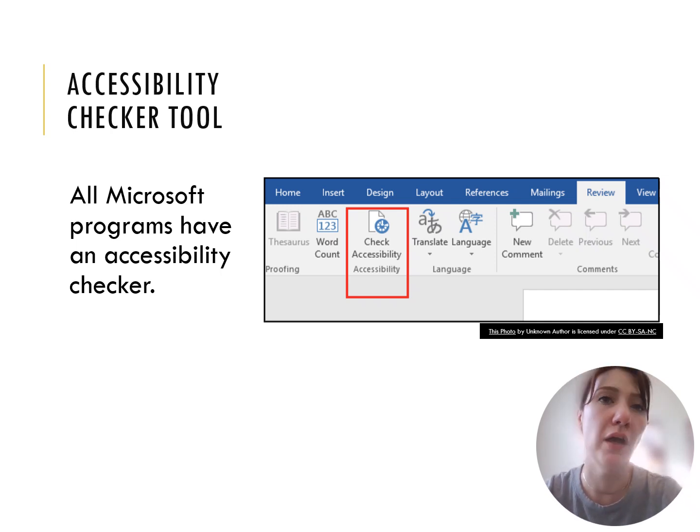You can typically find this tool under the review option in the menu bar at the top of the screen, though it'll be located a little differently in each program. Once you click the review tab, you'll want to click check accessibility, and that will open a dialog box on the right-hand side of the screen that gives you more descriptive information. It will prompt you to look at things like color contrast and walk you through which of your slides or which aspects of your document are poorly contrasting